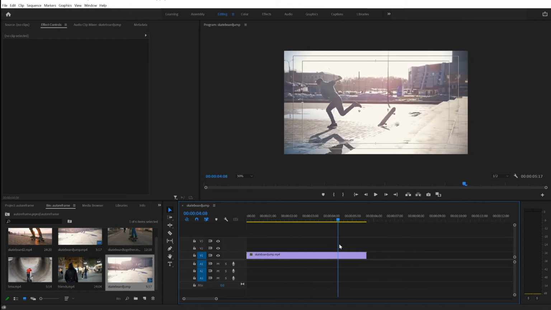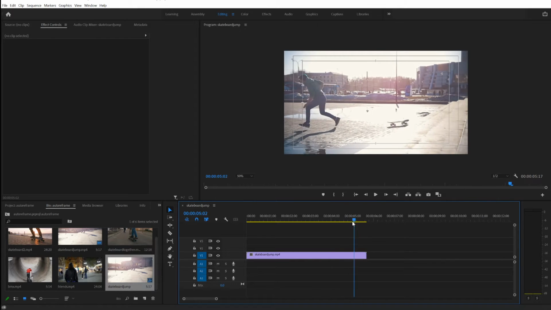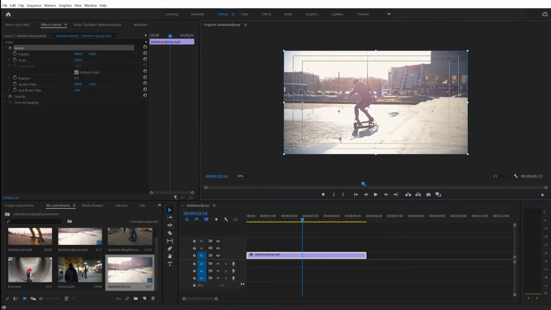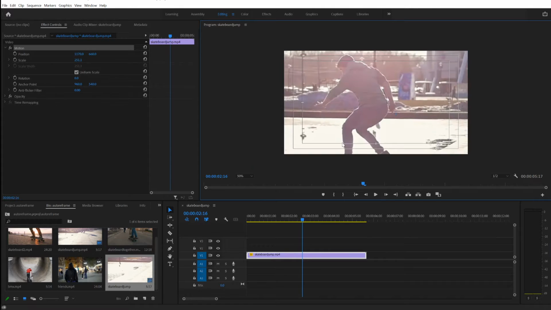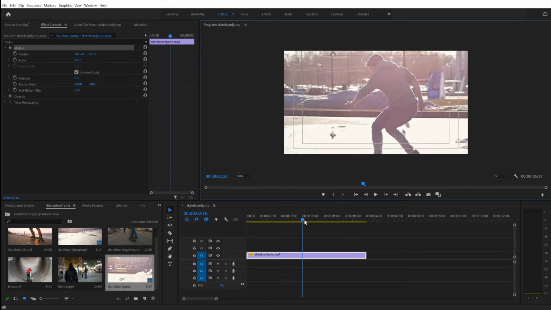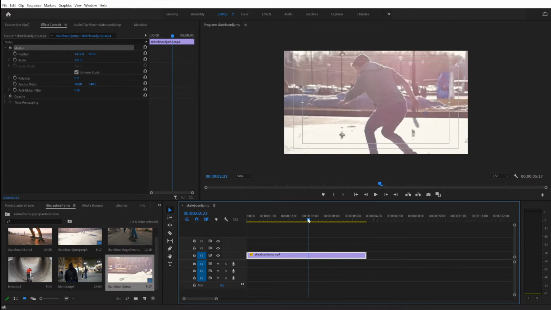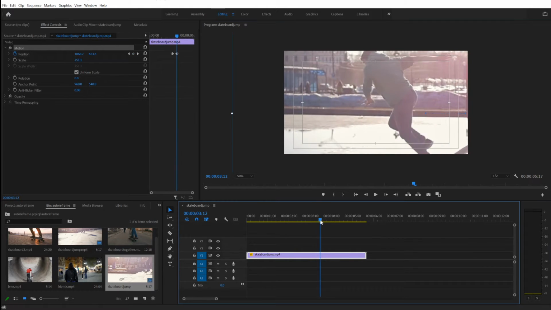And the camera person did a great job at keeping the skateboard in the center of action. What if you wanted this person to be in the center of action? The way you would do it without auto reframing, you would just scale up the clip and then you would keyframe, let's say starting from here, position, moving forward, dragging this person a little over to keep them in the center,